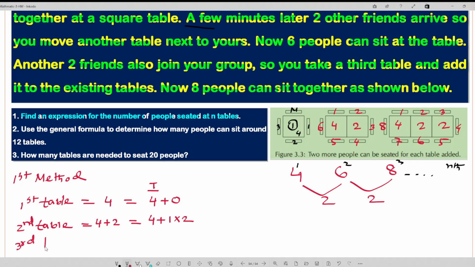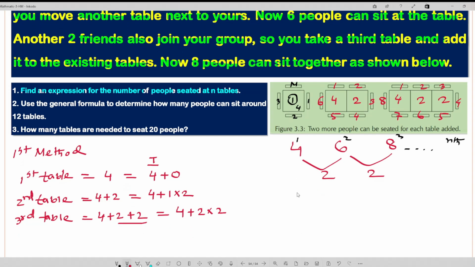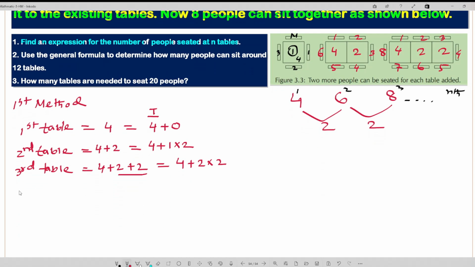Third table: first table 4 persons, second table 2 persons add, third table again 2 persons add. So first table 4 persons is common, then second table, and look here, here is 2, here is 2 2, so 2 times 2, right? Fourth table,